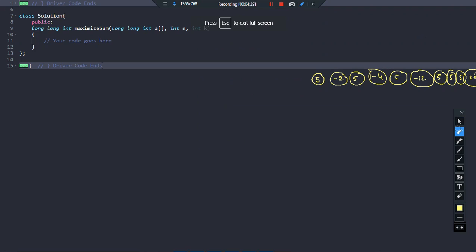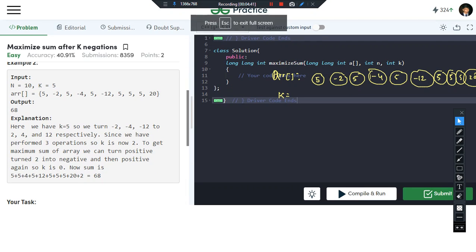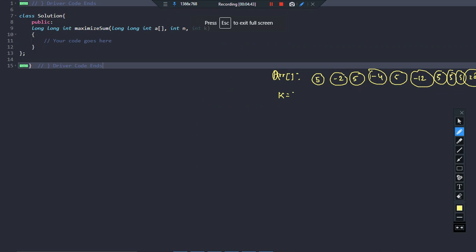So this is the array that is provided, right? And what is basically the number of chances I have? The number of chances given are 5, sorry. So you have 5 chances now, in which you can either make a negative number positive or make a positive number negative.